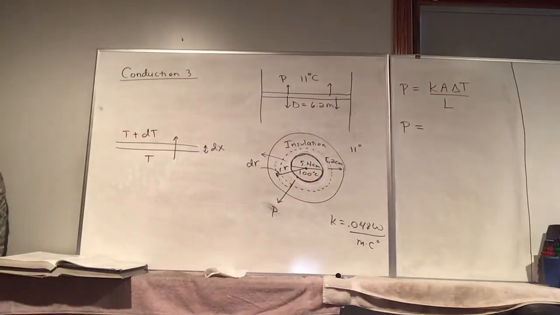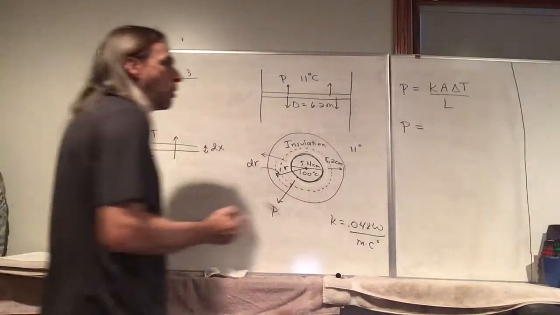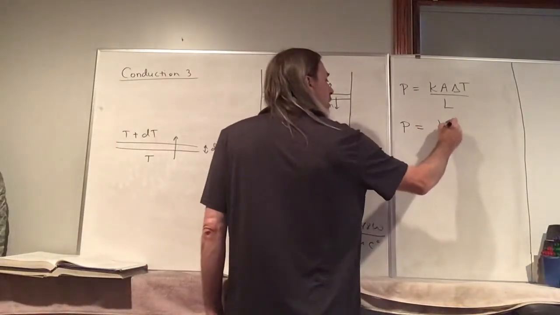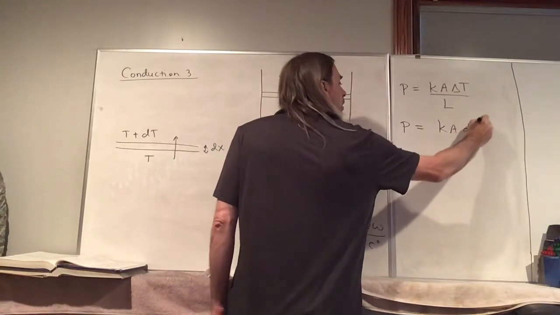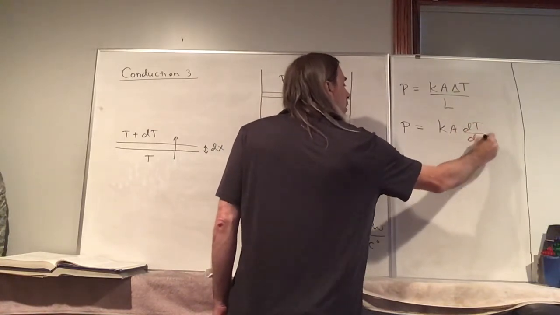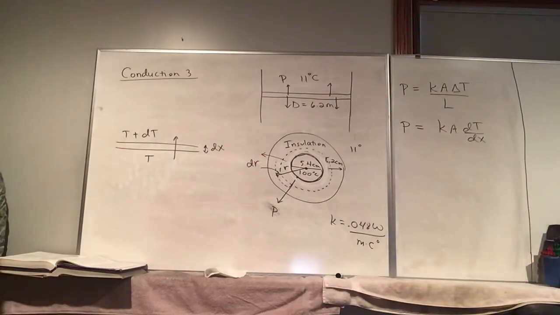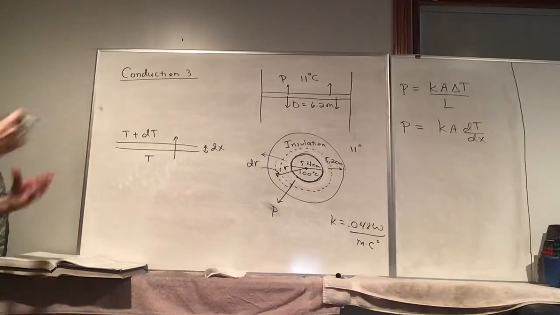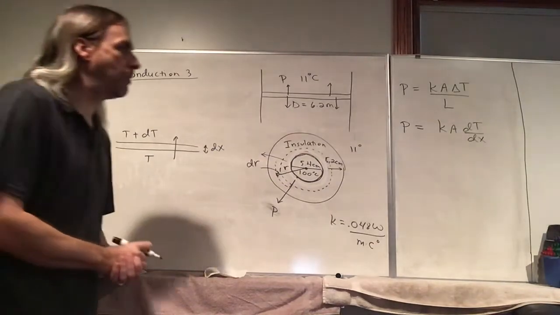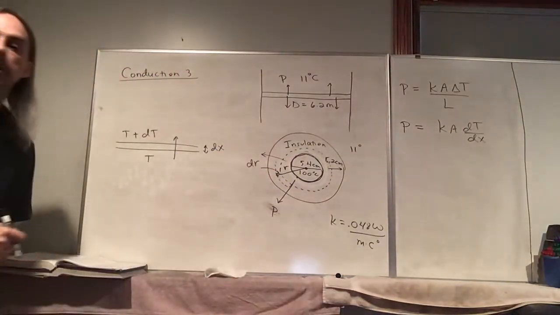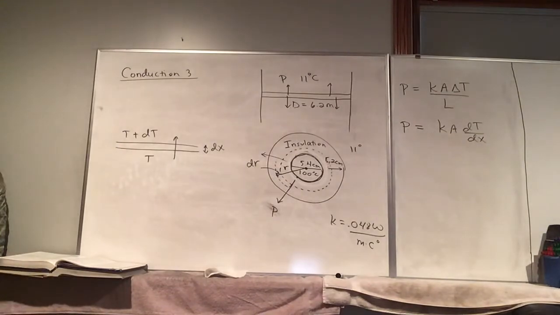So heat is flowing this way. Then the power would be K A dT over dx. Now the book puts a minus sign in there just to get the direction, but I usually don't care about that. So don't worry about the minus sign. We know heat flows from hot to cold. So anyways,